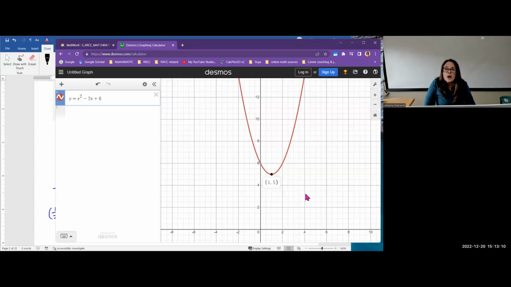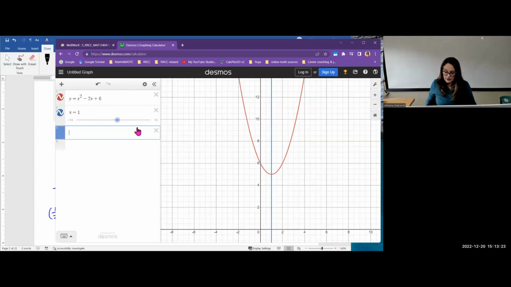Now, how do I get that point? Well, notice that's 1, 5. That's the lowest spot. That's what we got for the vertex. And the line of symmetry goes through it. It's x equals 1. And if I wanted to graph x equals 1, I could do that. And you'll see that it makes this line right here. And let's go ahead and make it a dashed line. And you can see that the parabola is symmetric across this line and that they both go through that point